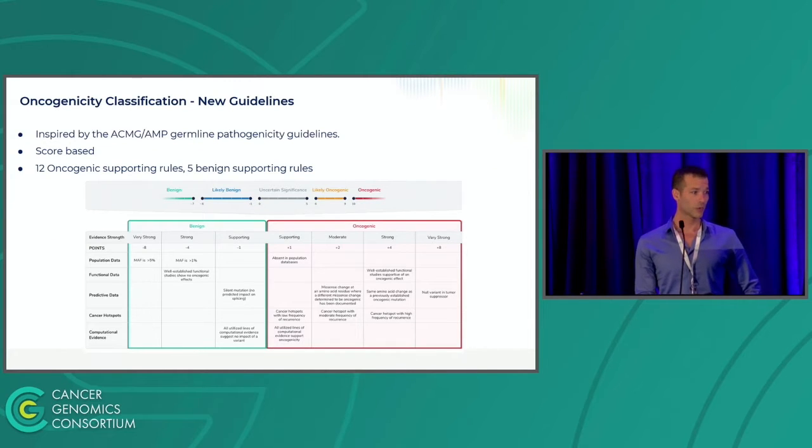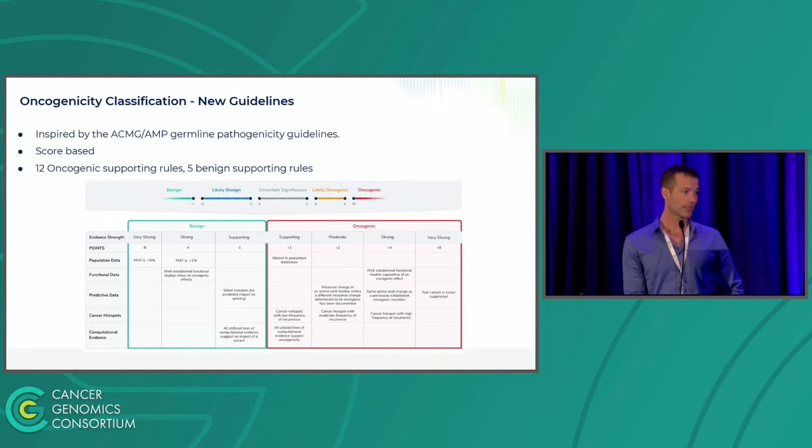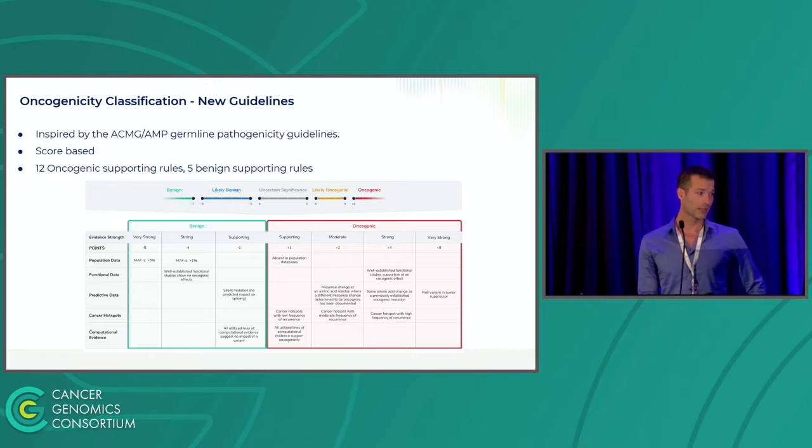These guidelines were inspired by the ACMG and AMP germline pathogenicity guidelines. They are score-based, and they contain 12 oncogenic supporting rules and 5 benign supporting rules. These 17 rules come from 5 main evidence types: population data, so how frequent is the variant in the